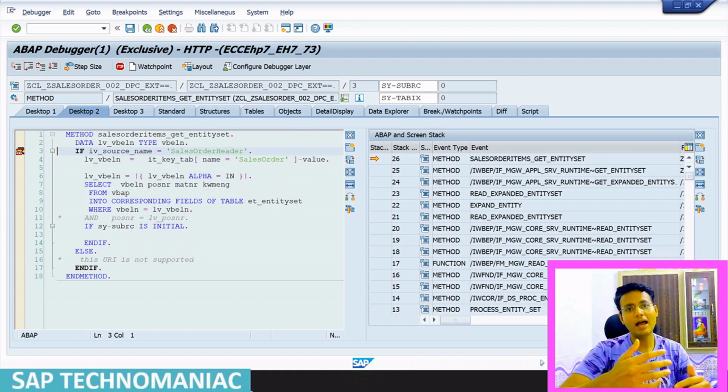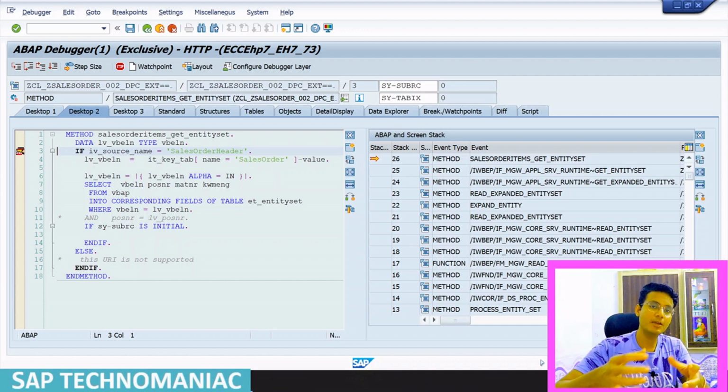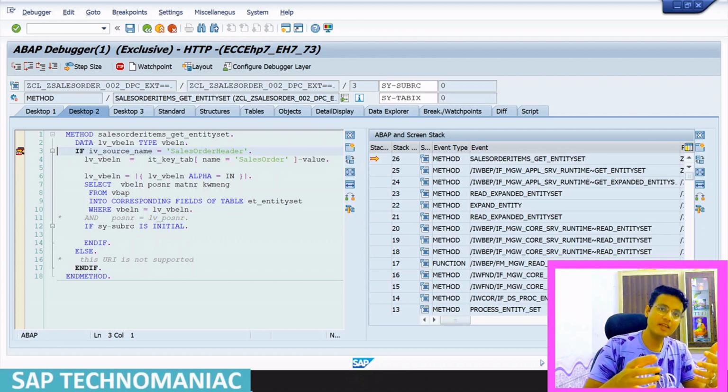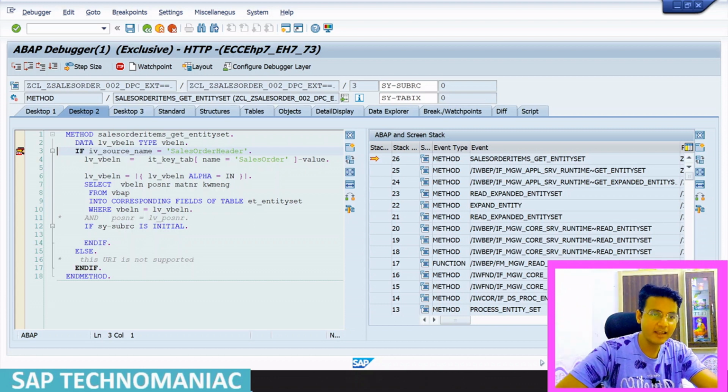Because expand will work like that, there might be the possibility that you have a sub entity, and inside that sub entity some sub entity type, and that entity type again has a navigation that will also be expanded automatically. So those will be taken care of by this function module. If we are writing our code, we have to take care of each and everything whatever we want to do. Okay, so let me do F8, and again it will call the same method,